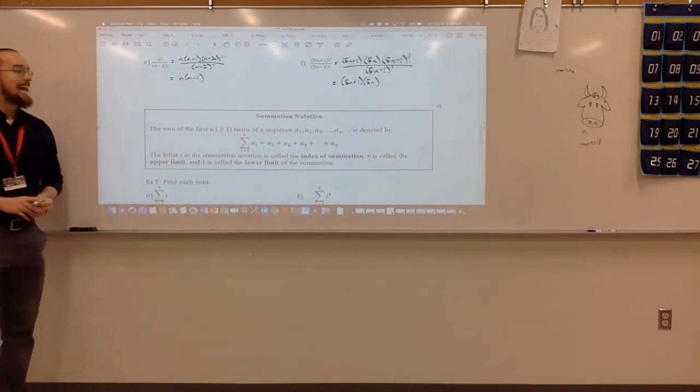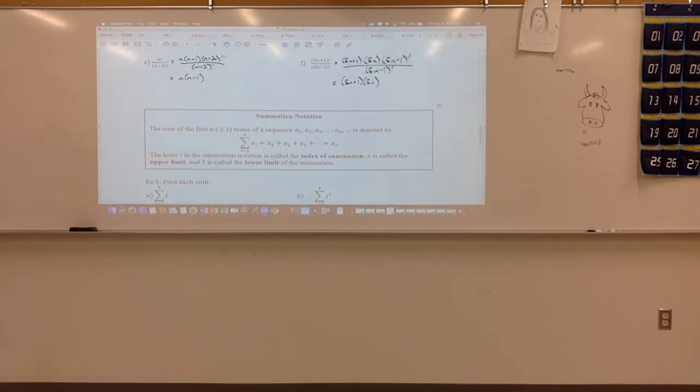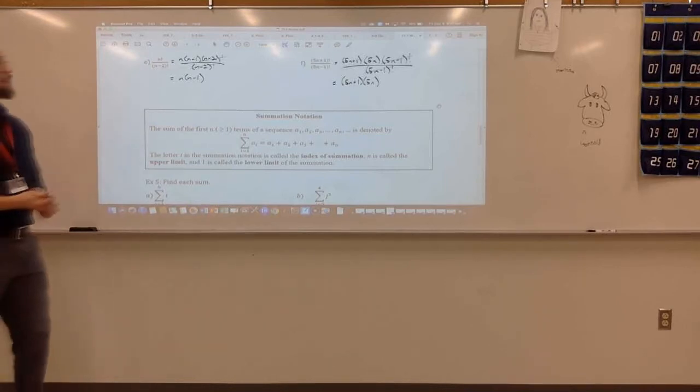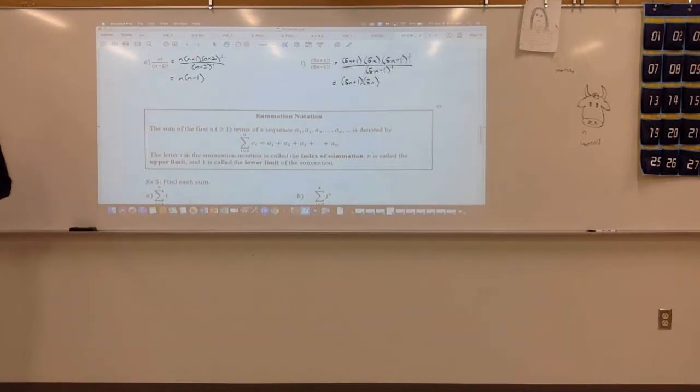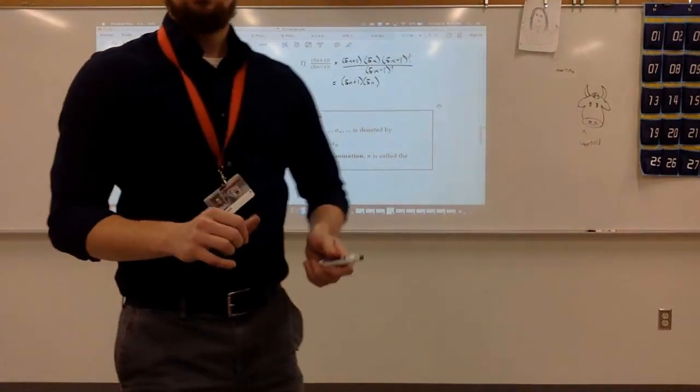Did we get n times n minus 1 for the first one? And 5n plus 1 times 5n for the second one? Questions on factorials? All right, then